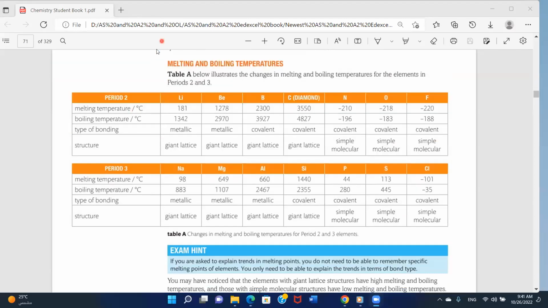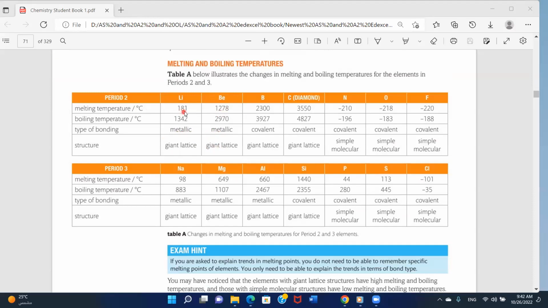Now we come to the trend in melting and boiling temperatures. We will see that when we compare lithium and beryllium, both have a metallic structure, a giant metallic lattice, and the type of bonding is metallic. We will see that the melting point of beryllium is higher than the melting temperature of